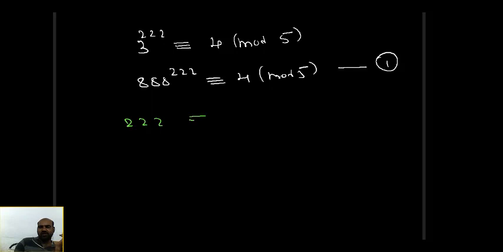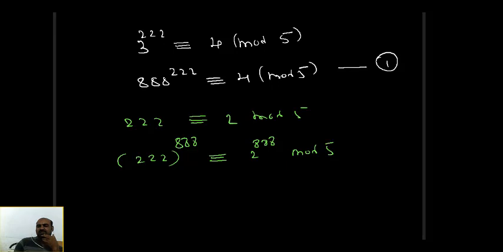2 is congruent to something modulo 5, obviously 2 modulo 5 only. So 2 power 2 power 8 is congruent to some z modulo 5. We want the z value of it. Try to find a relation of 2 and 5. 2 cube, 2 power 4, which is better? 2 square is better.